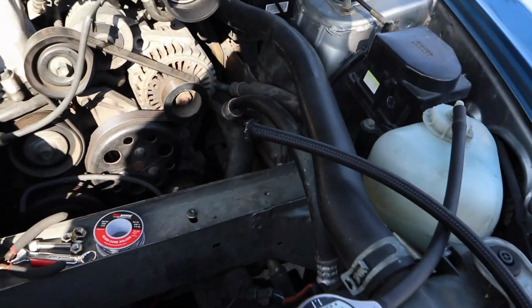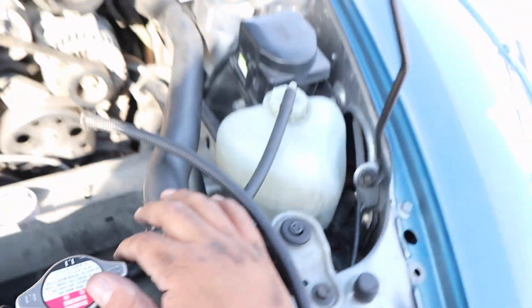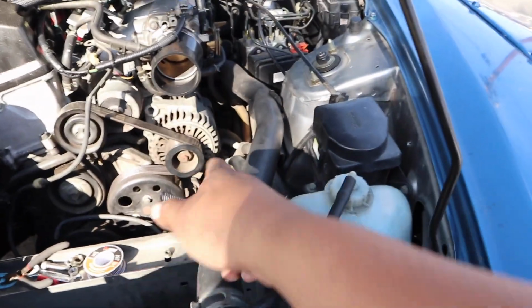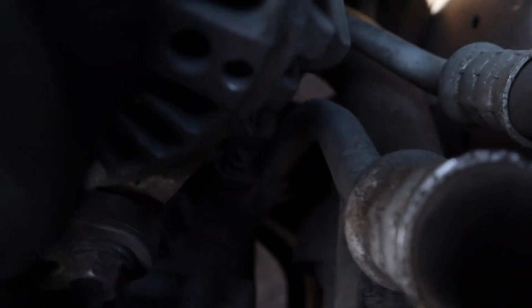But yeah, that was pretty simple. It seems overly complicated when you're looking at it, but it's pretty simple. I'm gonna go ahead and remove that one too over there. There's another, like the other 2 bolts that go into the,